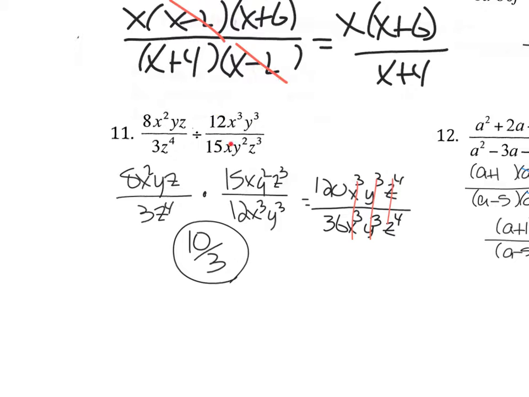Number 11 is just like the one we just did on 10, except you have to flip this one first. Do the reciprocal of the second one. Make sure you flip the second one. So I'll flip the second one, multiply the numbers,